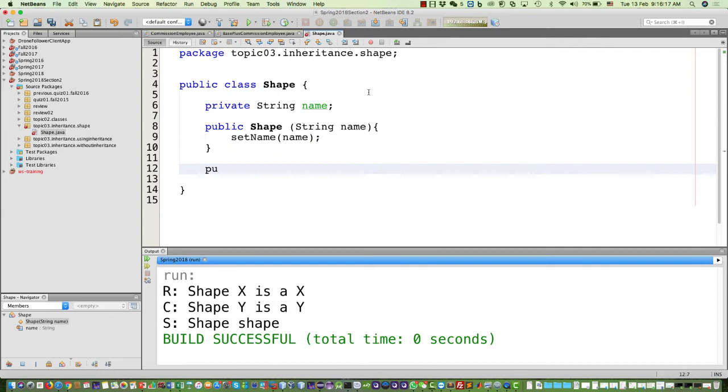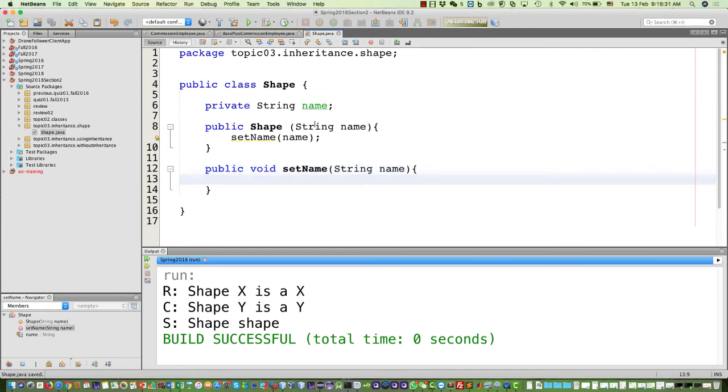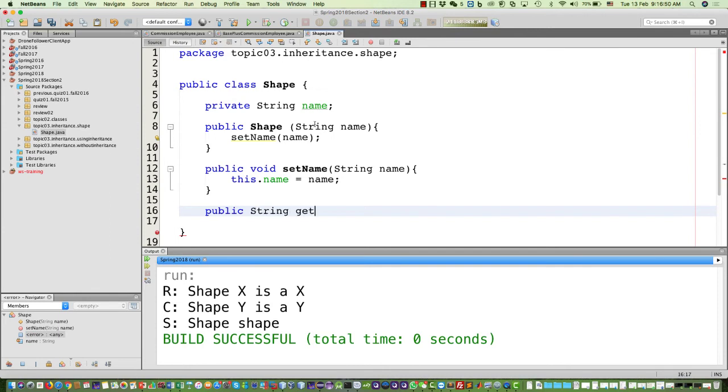And then I have to define public void set name, string name, this.name is equal to name. Excellent. And then public string get name